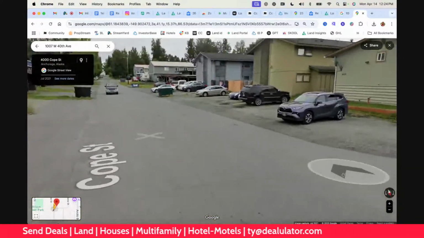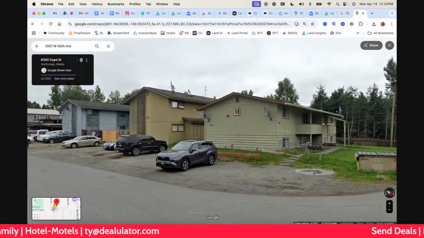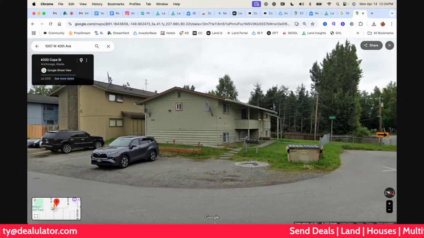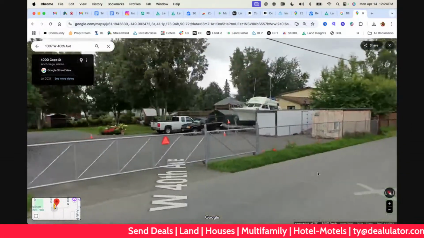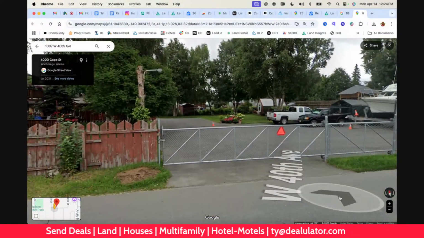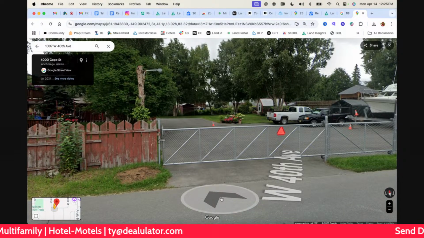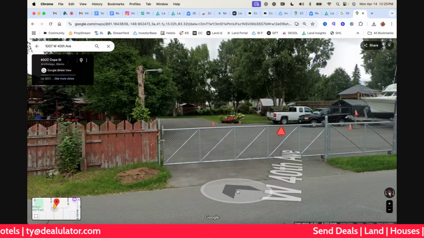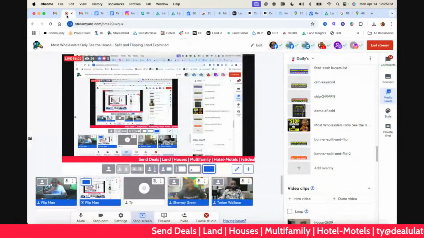How much you want for it? Got some apartments over there. I mean, I'm gonna make an offer for like 30,000. Oh, okay. Yeah, it's paid. Got a fence around it. Somebody that'll be a good place to store your vehicles and stuff. Nice little parking lot. You ain't never sold no parking lot. I never did that before.